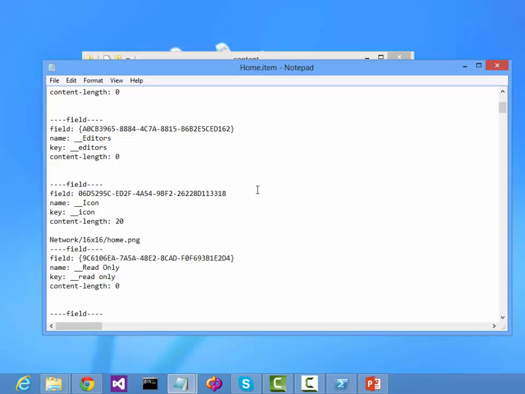Also, the most important thing to note here is that if you change some field's value, for example like this, I remove one character, you should also change the content length property as well, because otherwise Sidecar will not be able to load this property during the serialization process. And again, if you add some characters over here, like 2, you should increase the value of this property.